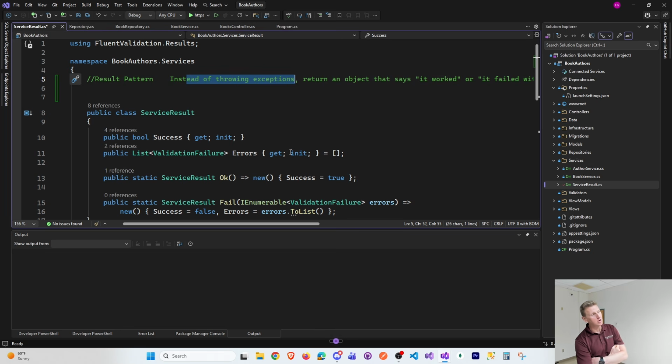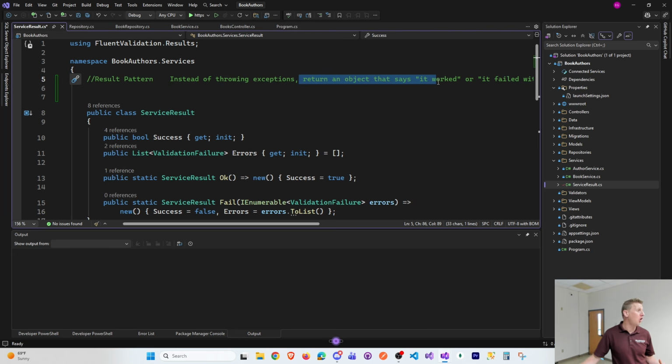In C#, we all learn try-catch, which is structured exception handling. And this is not using traditional exception handling as we learned. Instead of throwing exceptions, which are built into the language, built into C#,